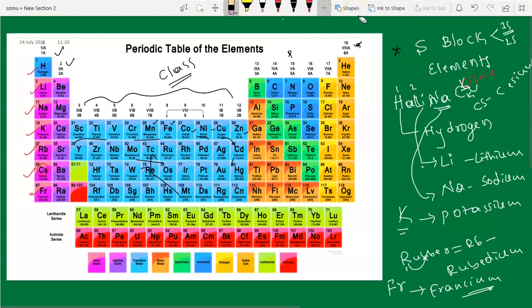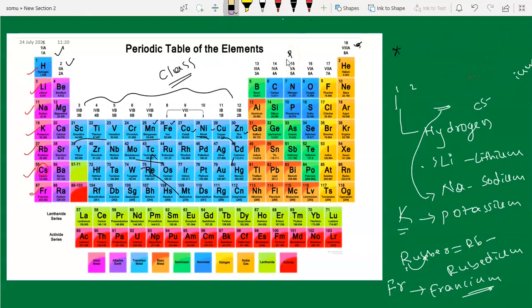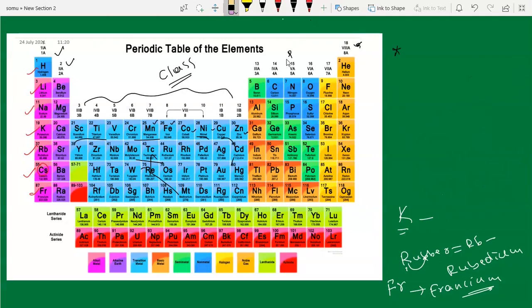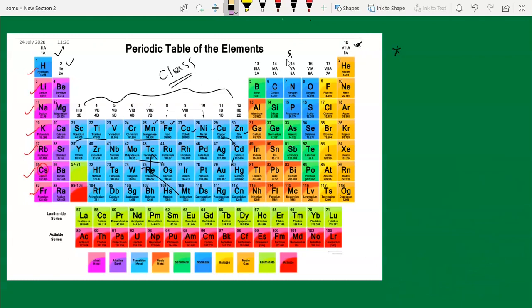Okay, let's go to the next topic. Let's go to how to remember the second group elements. This is the first group element; we can remember the first group elements with this code. हलिना का रबर किसने फरा? एक दो बार बोले तो आपको माइंड में रह जाता है. एक दो बार बोलने का. कैसे बोलने का? हलिना का रबर किसने फरा?